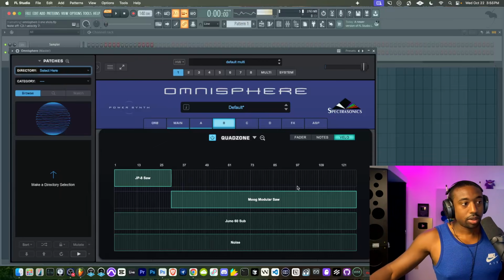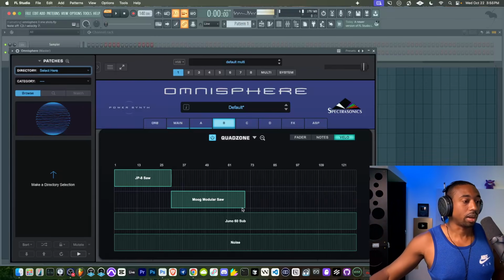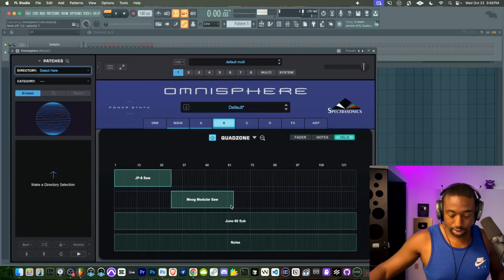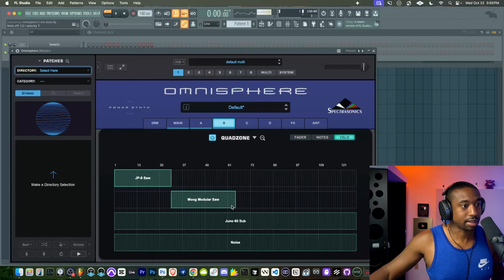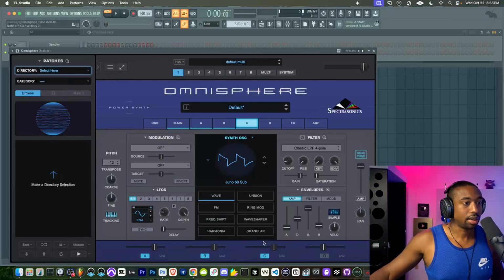Okay, so 0 to 31 is one range. 32 to 63 is going to be the second range. So again, grab the bottom. If you don't grab the bottom of this, it will create a crossfade. So we're going to go 32 to about 63, somewhere around there. So 61, 62, 63. Okay, and now we need to activate layer C, and we're going to choose a different